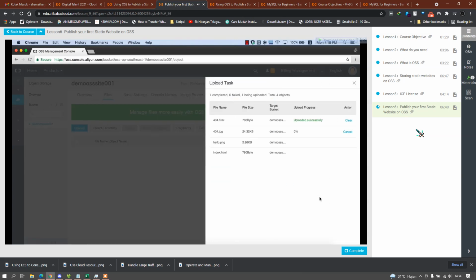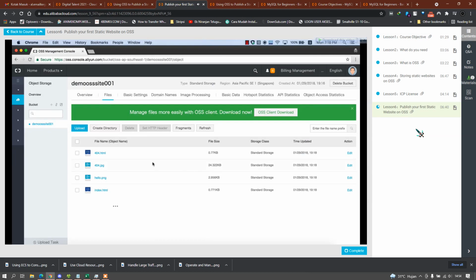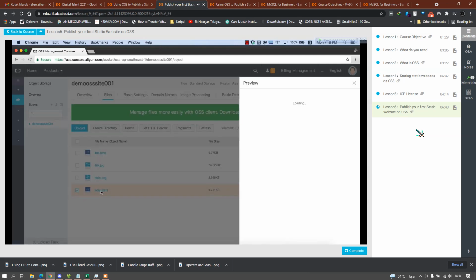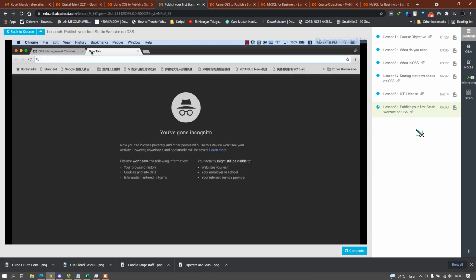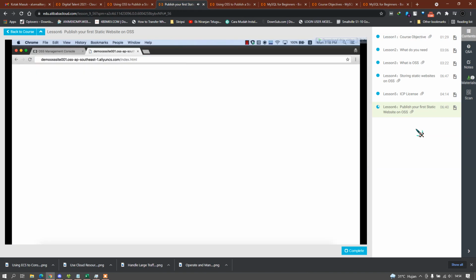It would take a few minutes. And then very quickly, all the files are uploaded. So let's go back to the file management page. You'll see all the files here. And you can click on, for example, this index.html file. And then the preview page will give you the URL for this page. So let's copy the URL